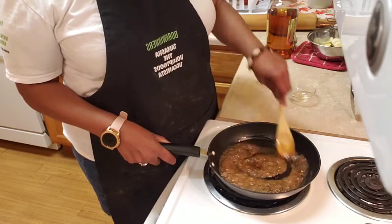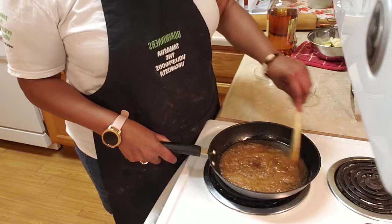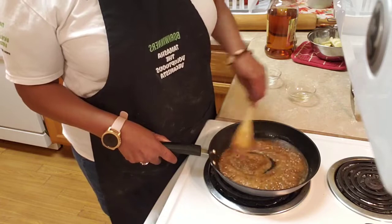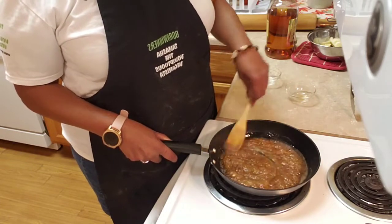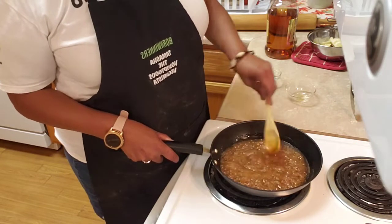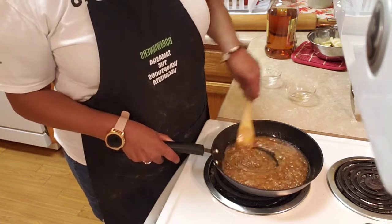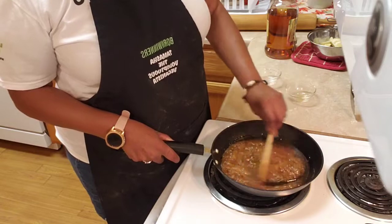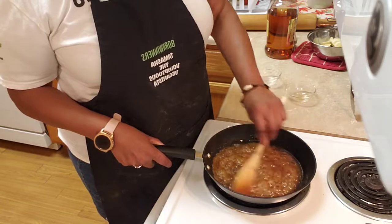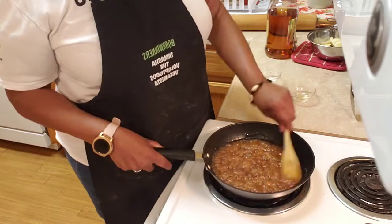I'm going to let this cook. See, it's almost to a candied consistency right now. It does not take long. And you want to make sure that you're stirring this constantly so that it does not burn. Okay. Again, this is right between 4 and 5 for me. So now that I have this little bubble, what I'm going to do is turn the heat down to 2